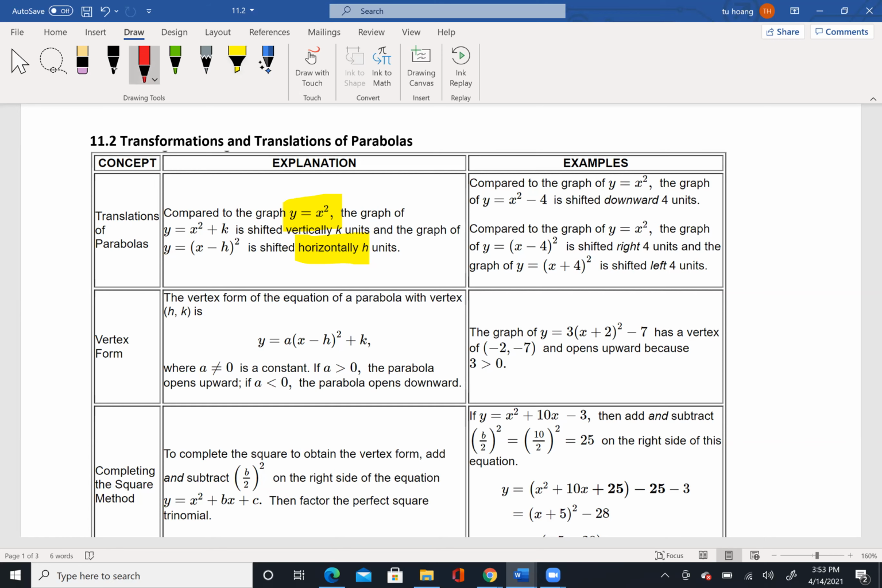So what does that mean? Let's do an example. Compared to the graph of y equals x squared, here is the graph, right? So if I say here is y equals x squared, then the graph of y equals x squared minus 4 is shifted downward 4 units. So 1, 2, 3, 4. So here is going to be the graph of